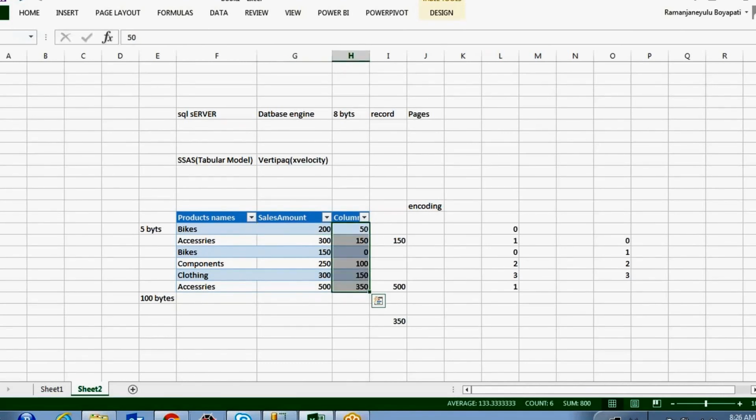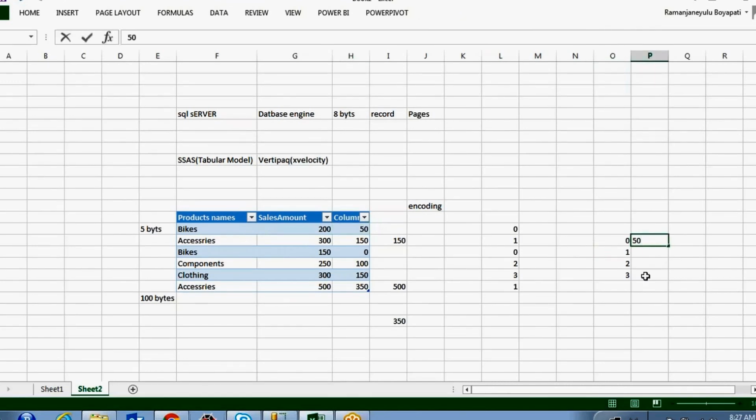Okay, so in these two ways, the encoding model and this minimum-value subtraction model, it stores the data into the tabular model. This is the encoding process for storing. When decoding, it decodes the values according to how it stored them. For example, if you want the value for bikes 50, it is actually stored as 0, 50.